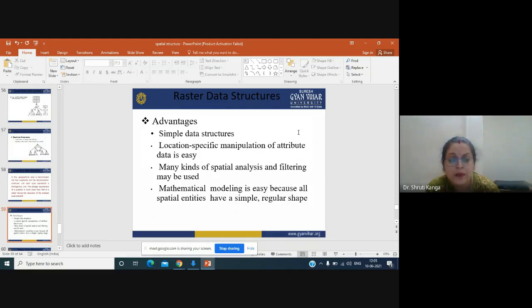Then many kinds of spatial analysis and filtering may be used. Mathematical modeling is also easy because all the spatial entities have simple and regular shapes. So you will find with the course of time that we have many models which are performed through these raster